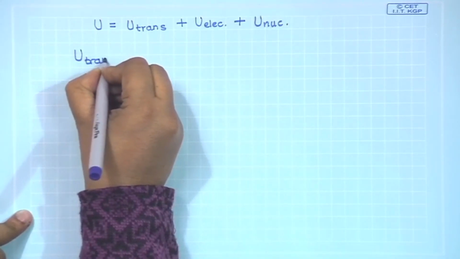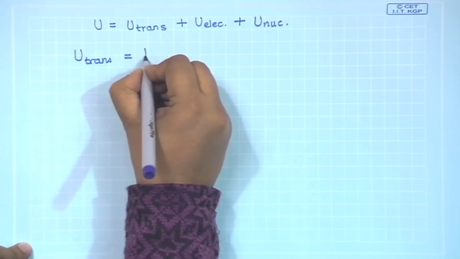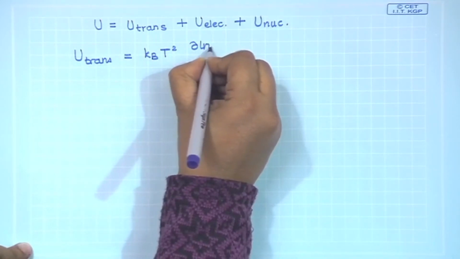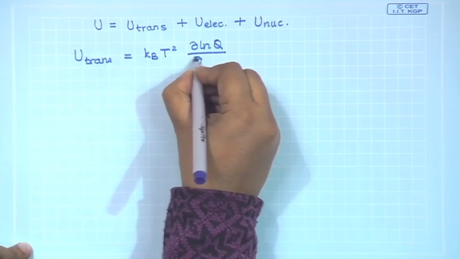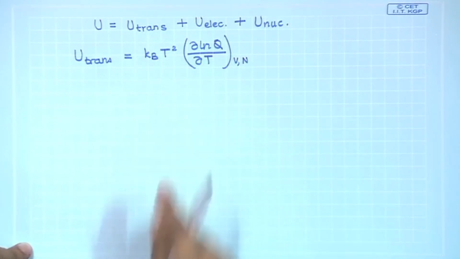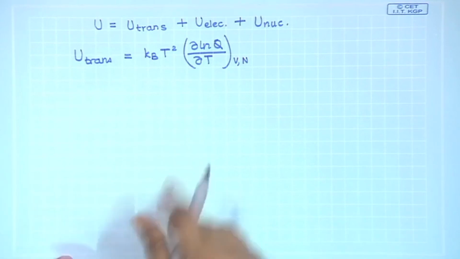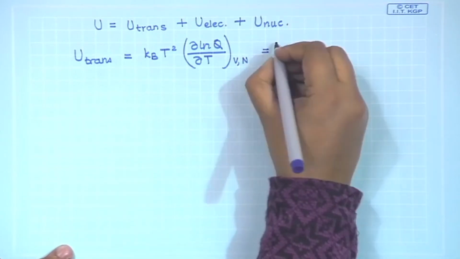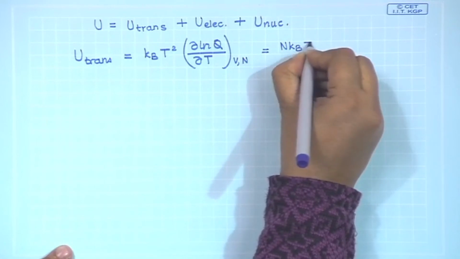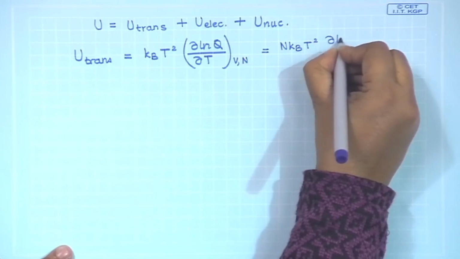U trans is given by k_B T square del ln capital Q by del T under constant volume and number of particles, right, and I showed that this is nothing but N k_B T square into del ln